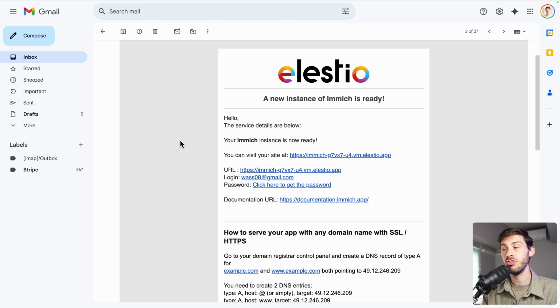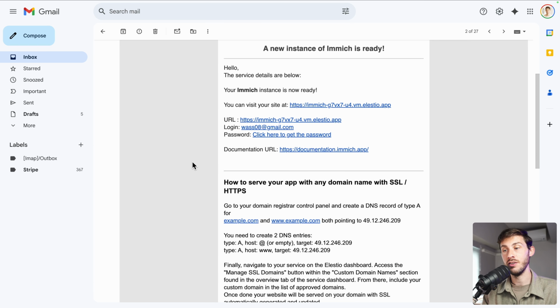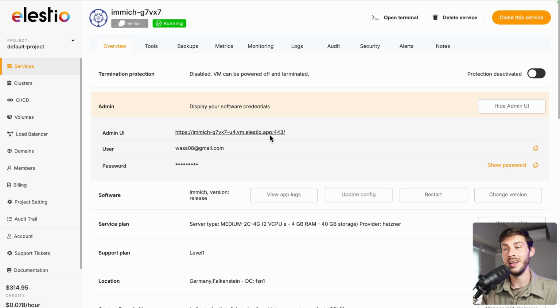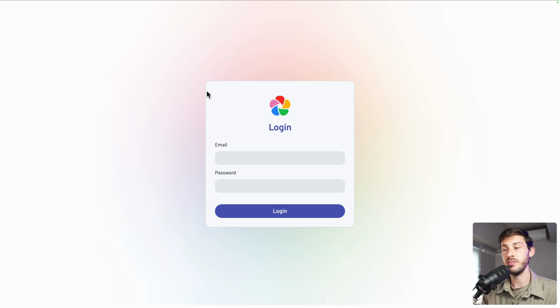Once the installation is finished, you will receive this email telling you that your new instance is ready. Follow the click here to get the password link. You arrive on Elestio administration dashboard for your Immich instance. Copy the password to your clipboard with this button and follow the admin UI link. You arrive on your Immich instance, you need to enter your email and to paste the password from your clipboard,